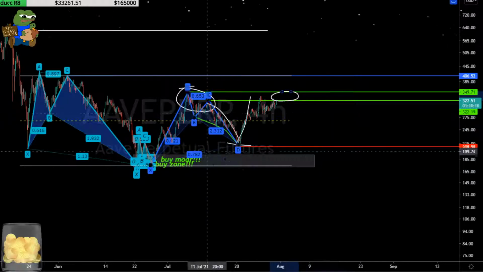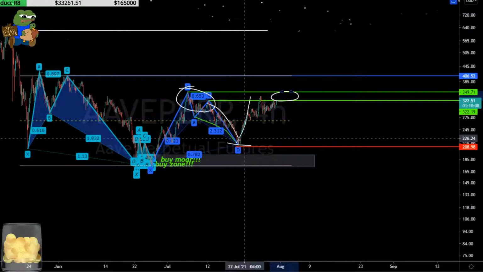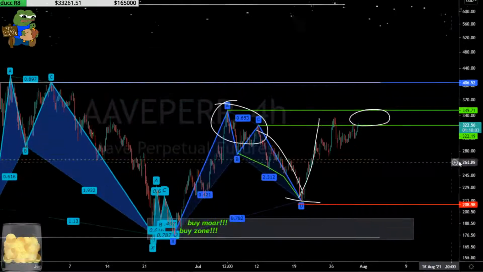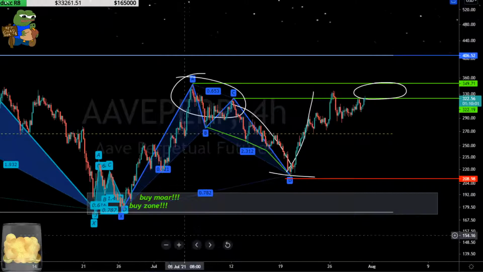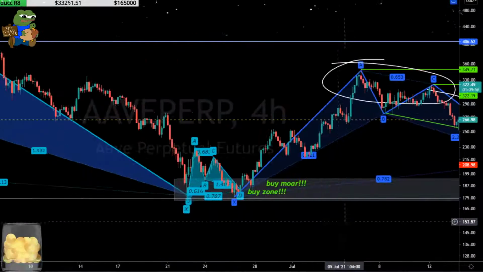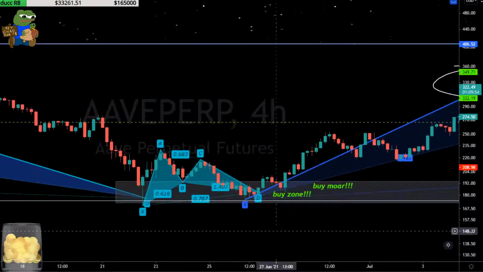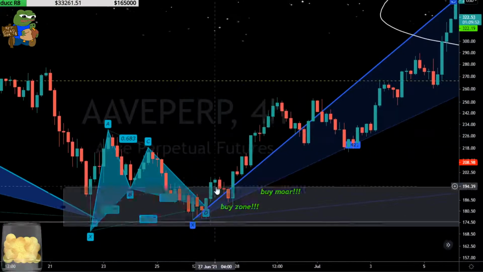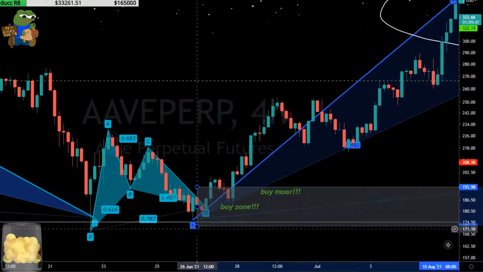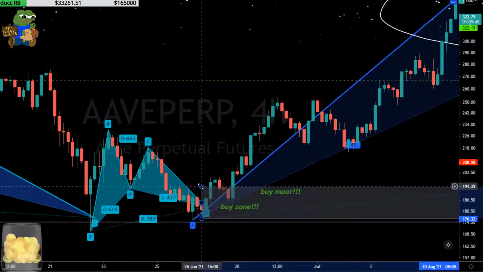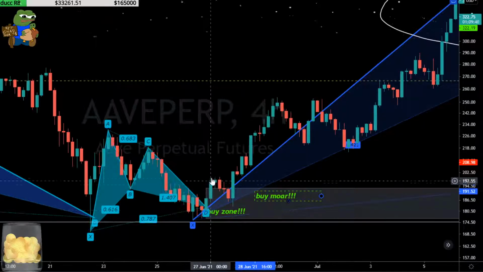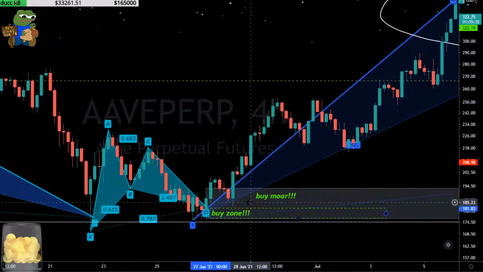So interesting. All right, so this is the one that's been leading everything, where we initially had this initial Gartley way down here, right? We had this Gartley and we had this buy zone. Okay, this buy zone ended up being like this, where we bought some and then we got a little dip and we bought some more. Okay, this was our higher low.